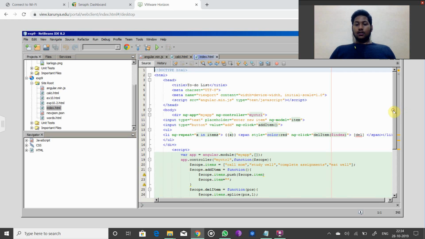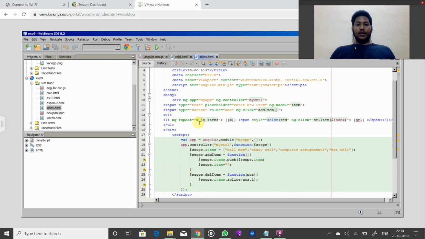So here's the code for it. See, ng-repeat x in action items is called x, and span. If you want to delete, I just called it red, and deleteItem with the $index which is given inside of it. And here ng-app is my app, which we can control, and ng-controller is my controller which controls the items in it. I've given items like call mom, study well, complete assignment, eat well, some wellness things which I used to do,